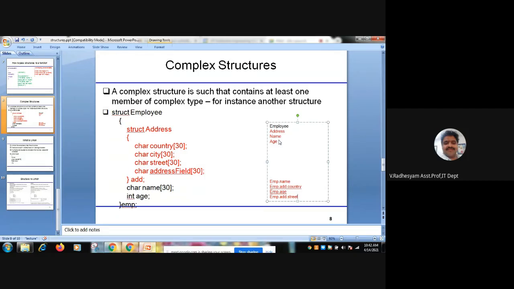The structure variable for employee data type is emp. This is the way to access the elements in a complex structure. A structure within a structure is called a complex structure.